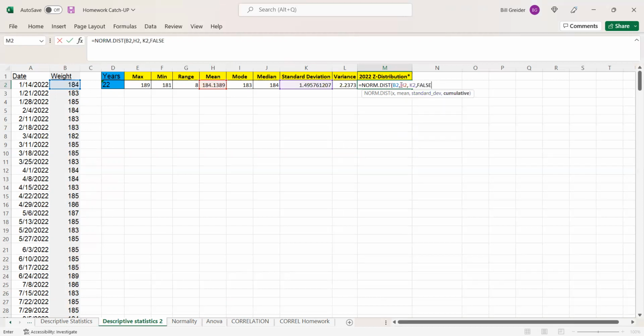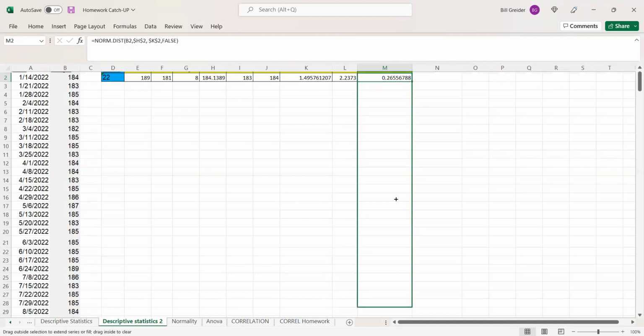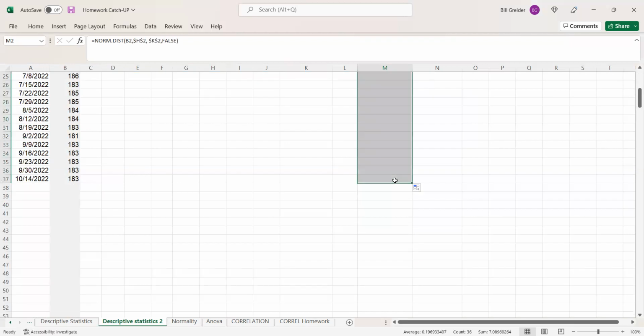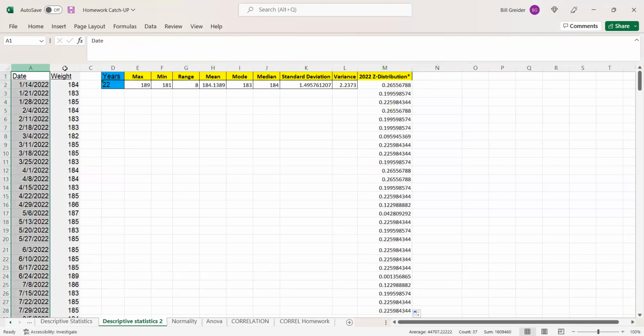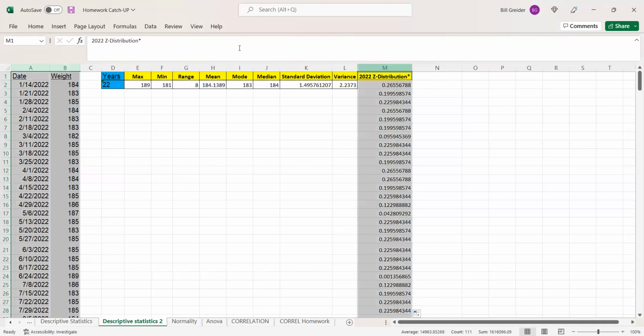And then I want to put dollar signs on my mean on both sides of it to lock it in. And also on my standard deviation to lock it in. Hit enter. And there's my Z distribution for that 184. And I just double click on it, or I can pull it down. And I get all of my data. Now I can plot it by highlighting my date, the weight, and the Z distribution, and go to insert,